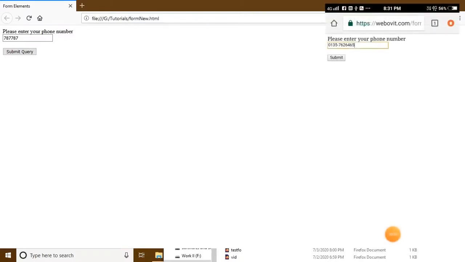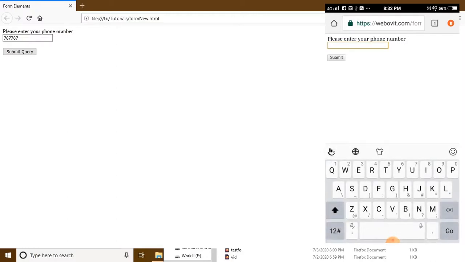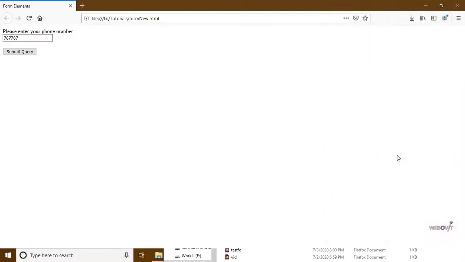I refresh the page. Now what form element have we used? We have used text instead of tel. So if I click in this one, now the QWERTY keyboard is available with all alphabets. So this is the way we can mention it.